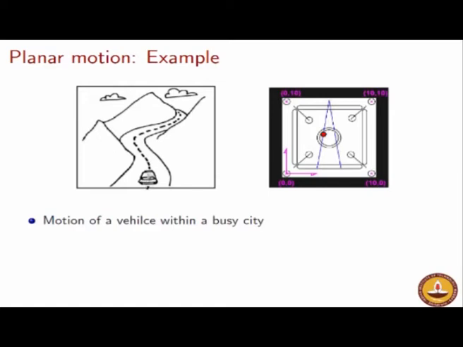If I have to determine the position of this car, I cannot describe it with only one variable. It is quite non-intuitive to think that you will be able to do so, and this time lane crossing is also allowed. So there is no way in which I can describe this car's motion with only one variable. I need two of them, one to describe how much left or right it is from a choice of origin, and how much top or bottom it is from a choice of origin. But again, here the same question arises that the origin can be at different places.